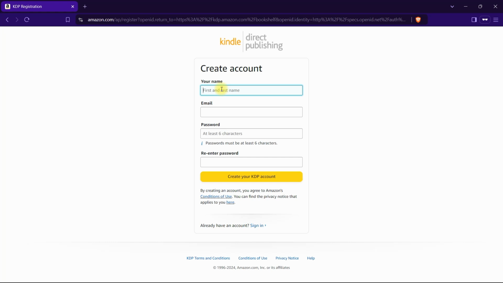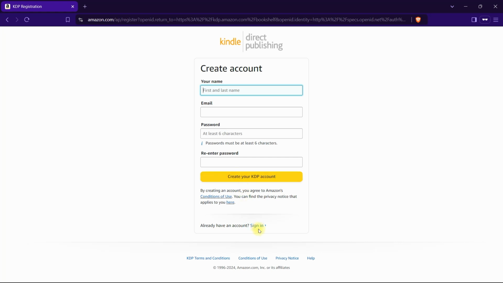Okay, so this is another account, but all you need to do is to make sure you use the same details you used on your retail account. You can use a different email for your KDP account, but please make sure that your first name and your last name are the same as the ones you used on your retail account. Put in your first name and your last name, your email, and your password. If you like, the password can be the same. Then click on create your KDP account. It will take you to the next page. Once it takes you to the next page, fill out the necessary information. Then you'll land on